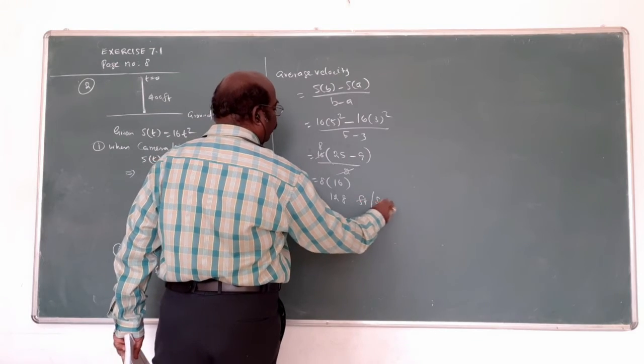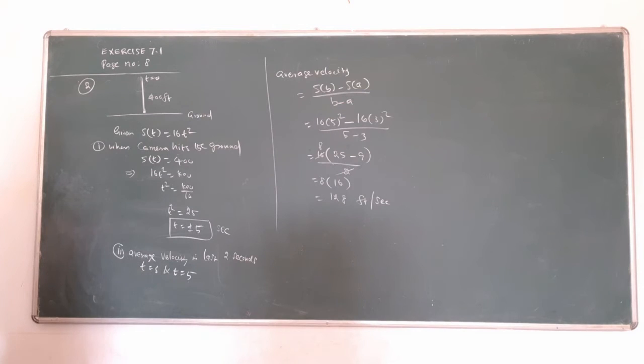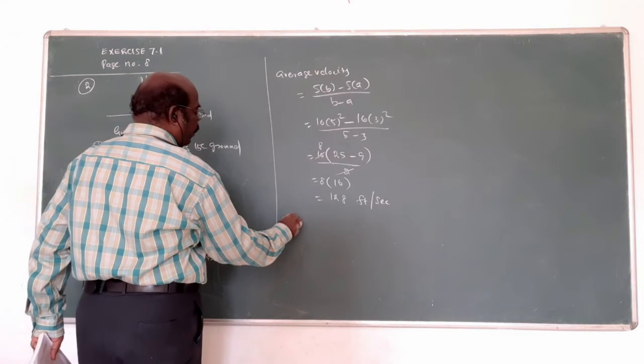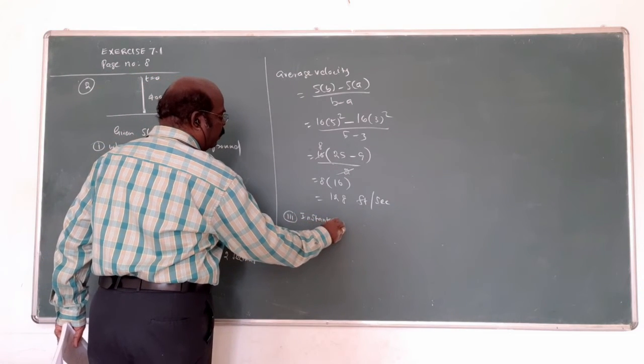Feet per second, because distance is given in feet per second. This is average velocity. The third one is the instantaneous velocity of the camera when it hits the ground. What is the velocity? Instantaneous